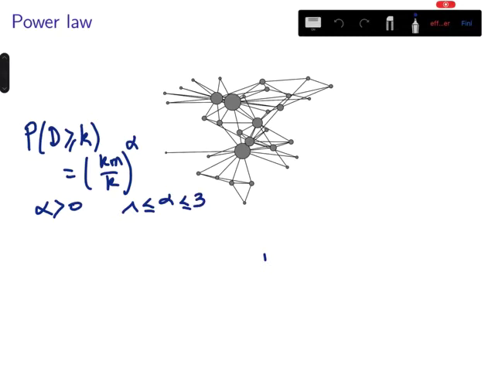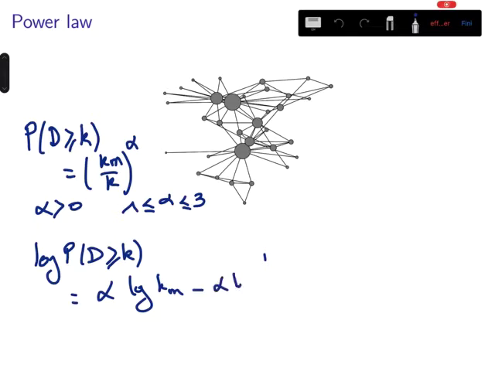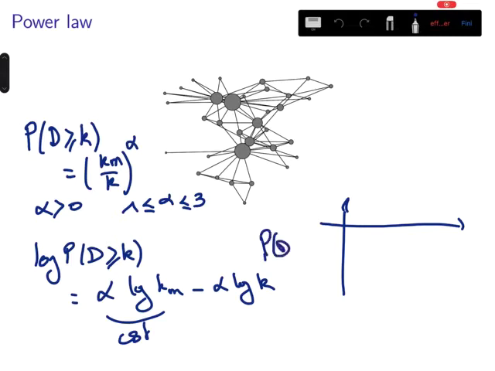So what is interesting is that, for instance, if you look at the log of this probability, you get alpha log of Km minus alpha log of K. And on the left you have a constant, and so you have basically a linear behavior in log K. So if you plot this probability in log scale,